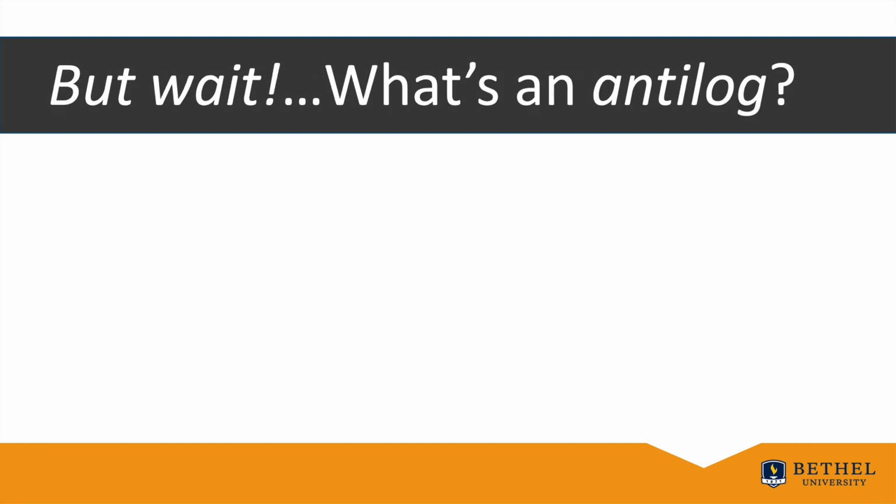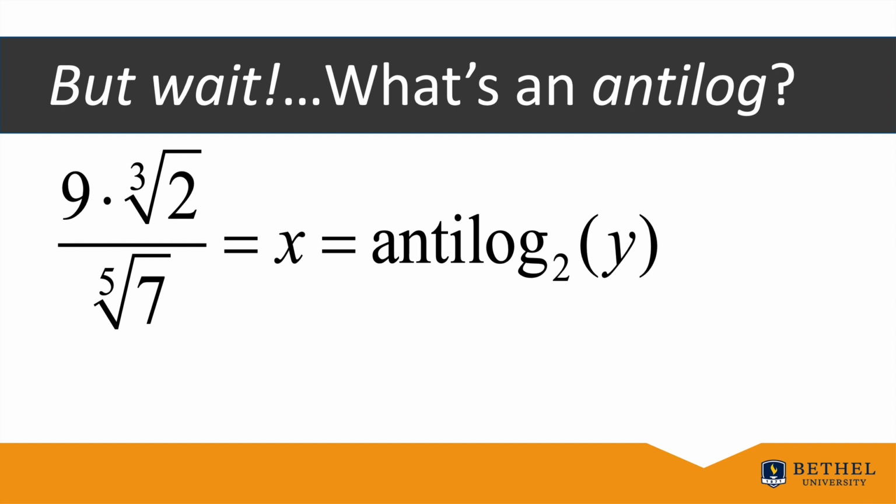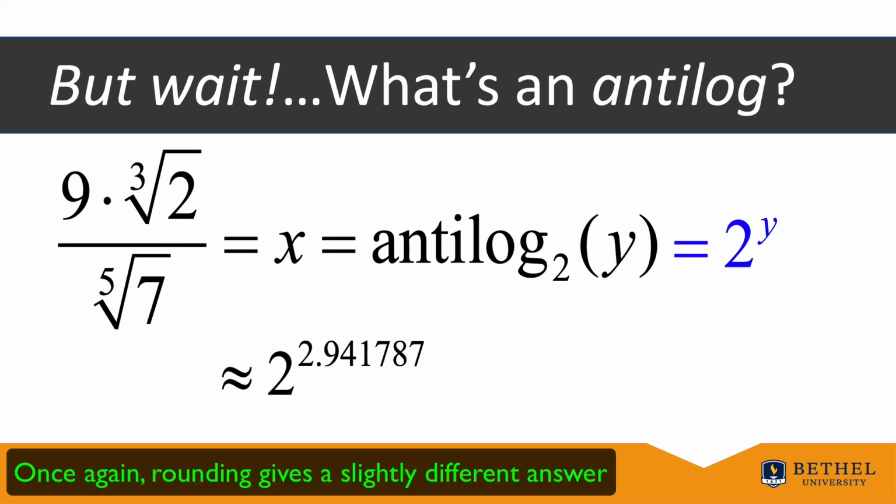What in the world is an antilog? X equals antilog base 2 of y turns out to be nothing more than a fancy name for an exponential function, as we learned about in lesson 1.2 of Calculus 1. In fact, it's the exponential function 2 to the y power. Since y, the log base 2 of x, was found to be about 2.941787, you can use your calculator again to confirm the final answer to be about